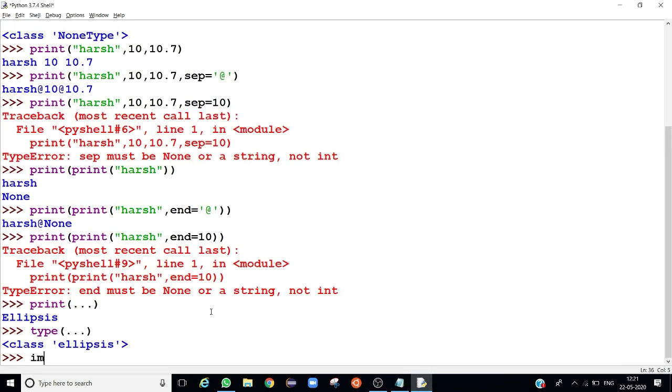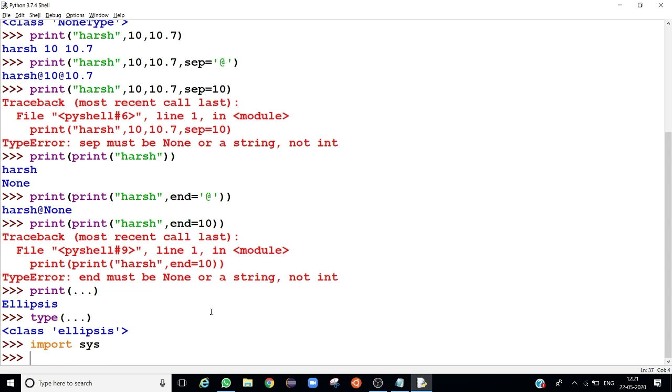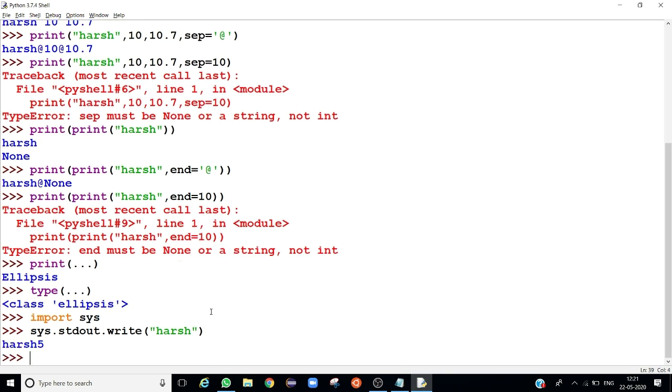First, we have to import the sys module. After it, stdout stands for standard output, and the write method of it. We can only give a string object in the write method. Then we simply run it.